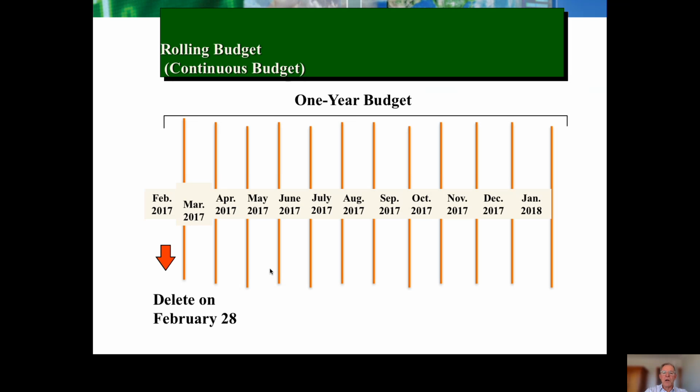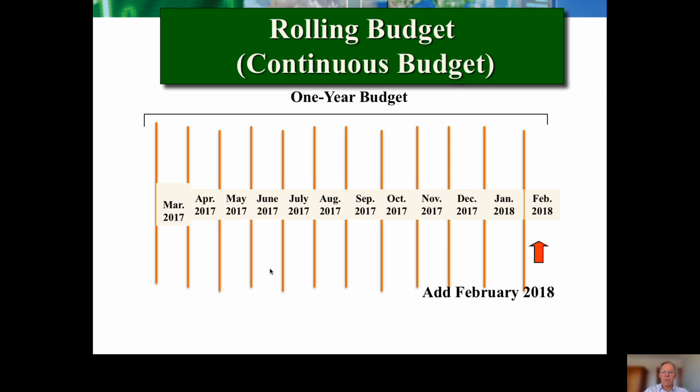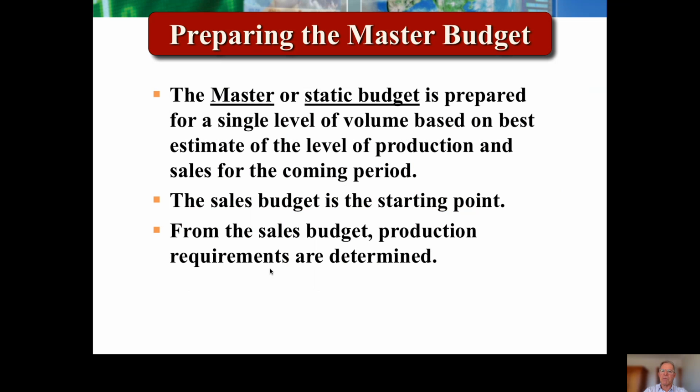A rolling budget's a good idea. It breaks down a big task into, we always want to have 12 months in advance. So one of the things we can do then is just be preparing one month's worth of budget for the following. As we complete February this year, it drops off and next February is added. So we've always got 12 months' worth of budget rolling around from month to month.